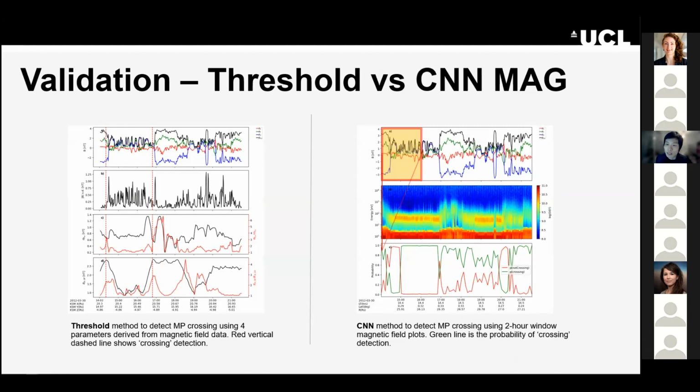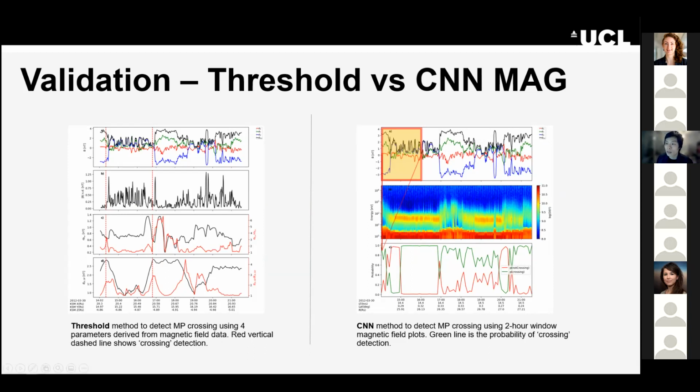So let's compare some test predictions between the threshold method and the CNN method. The left-hand side is the threshold method, the right-hand side is the CNN method. Here we compare the predictions made using only magnetic field data. So the parameters on the left are based on magnetic field data, and on the right-hand side, the images are of magnetic field images. And we can see that both the threshold method and the CNN both detect the first two sharp